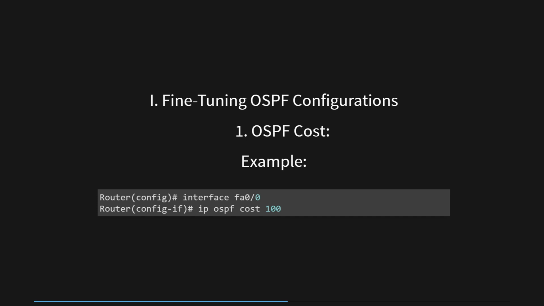For instance, if we have 2 links between router A and router B, we can make OSPF prefer link 1 over link 2 by setting the cost of link 1 to be lower than that of link 2. In the provided example, the command ip ospf cost 100 is used on the interface Fa0/0 of router A to set a specific cost value, making OSPF favor this link over other links with higher costs when calculating routes.